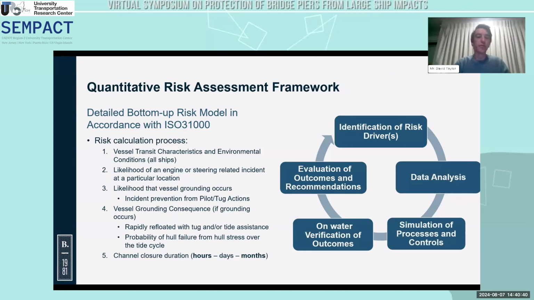And then right through, and particularly over the last 5 years, we've followed a continuous improvement process where we've continually examined key risk drivers and then gone through a process of analysing, with actual data, how those drivers impact the risk at the port, doing analysis and prediction of how those factors affect risk and how they could be mitigated, and then going through that process of on-water verification, which is a particularly unique component of the work that we've done at Port Hedland.